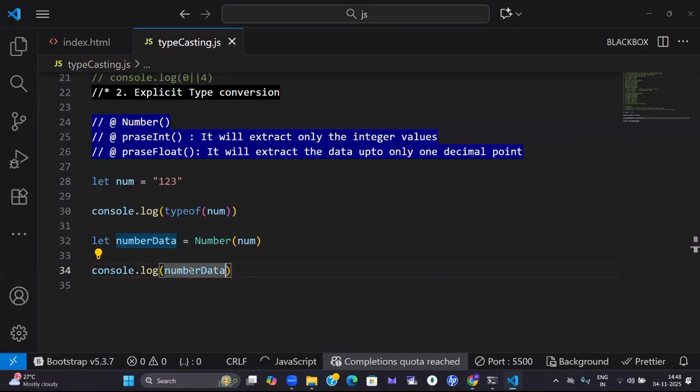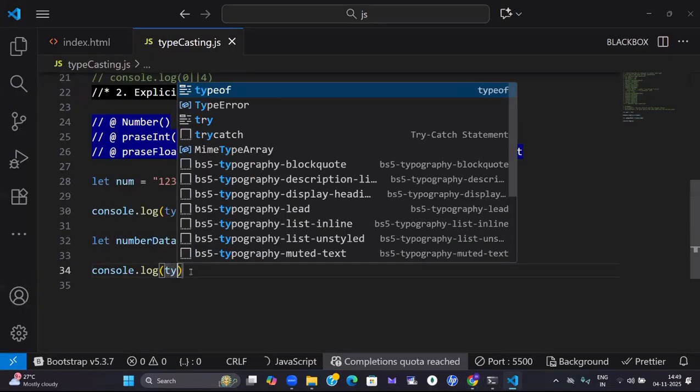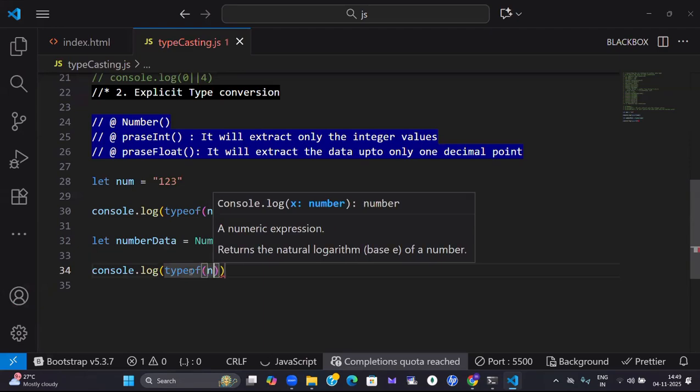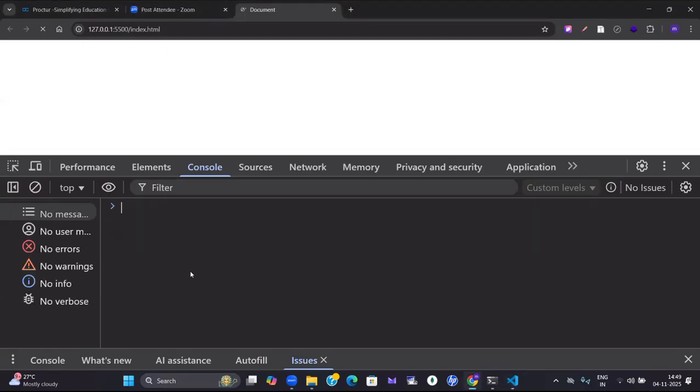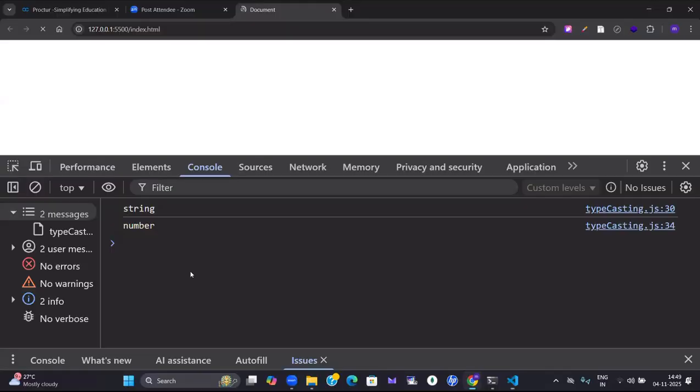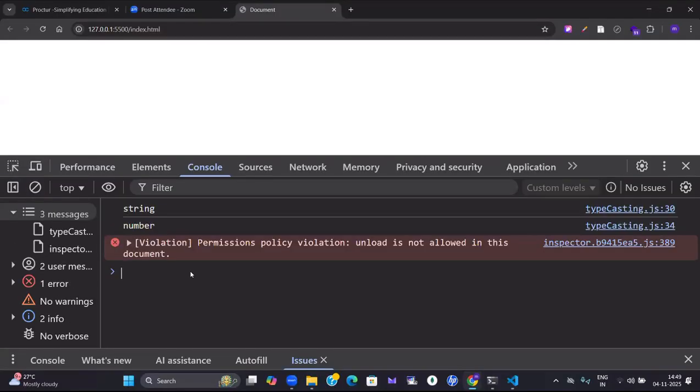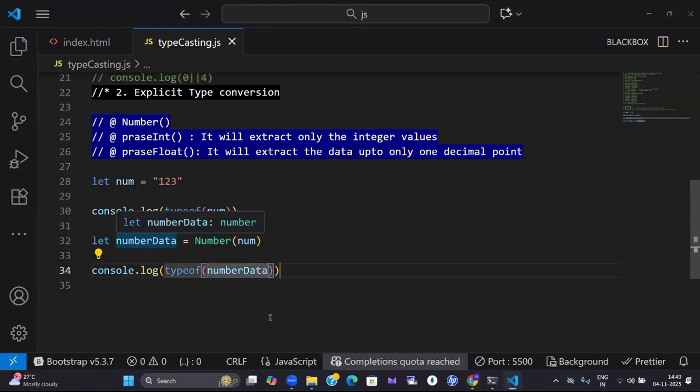So if I check the type of number data, now you can check. Firstly, it is a string. After that, when I use that method, that same data is converted to a number only, right? Here, what I'm telling explicitly,